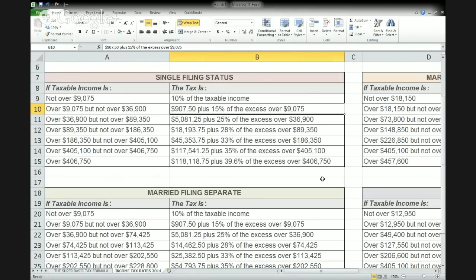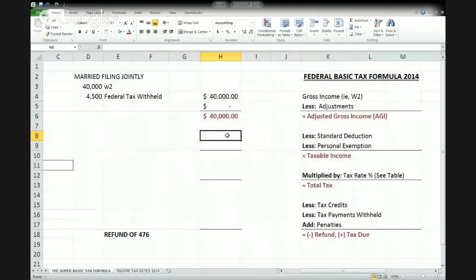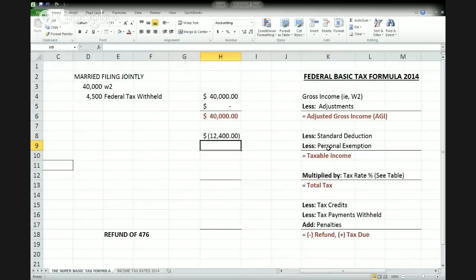And on this table, we see that the standard deduction for 2014 for a married filing joint individual is $12,400. So we're going to put in here minus $12,400. And then we're going to put here personal exemptions. Now, this is a tricky one because if you're married, there are 2 people in your taxes. So if there are 2 people in your taxes, you're actually going to have to put 2 exemptions. So we're going to do minus 2, the number of exemptions, multiplied by 3,950, which is the amount of the